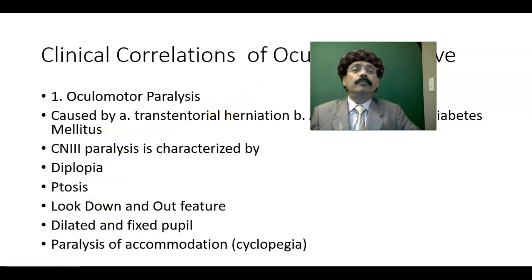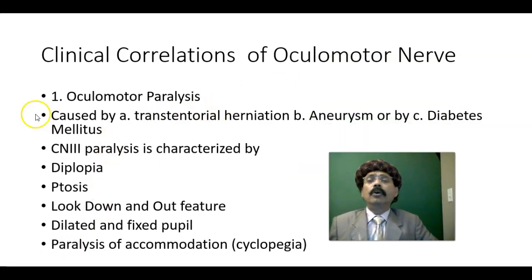So clinical correlation of the oculomotor nerve is very important to us. Oculomotor nerve may be paralyzed, caused by transtentorial herniation, or may be caused by a tumor. Aneurysm, that is the abnormal dilatation of the blood vessel, may be in the posterior cerebral artery or the superior cerebellar artery. Or maybe an aneurysm in the internal carotid artery in the cavernous sinus, that may also compress the third nerve,